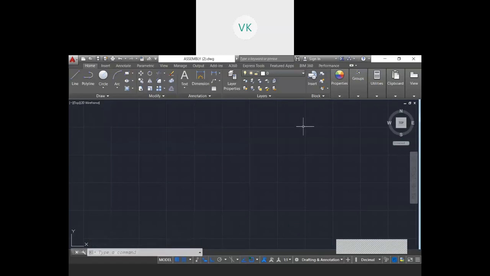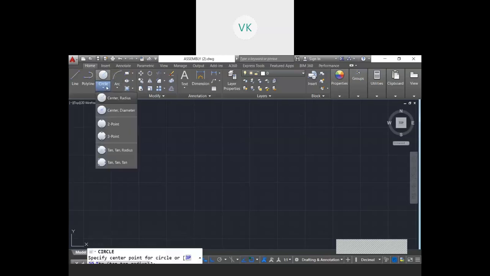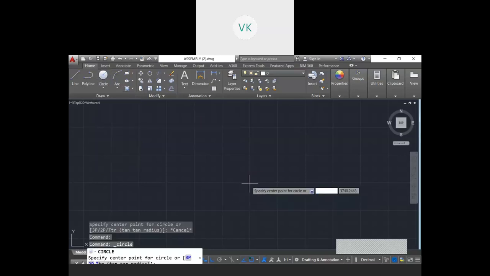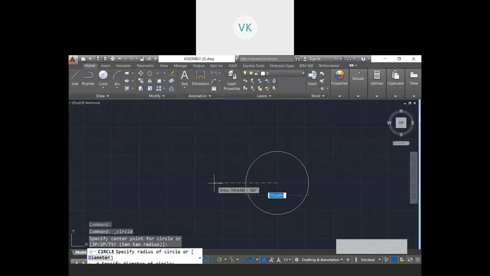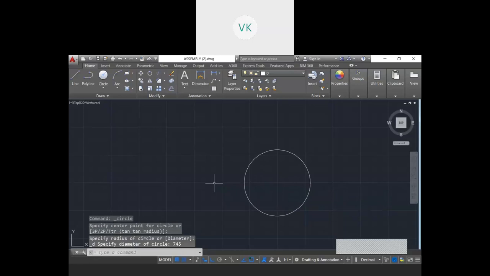First, the inner diameter of the yoke is given as 745 mm. So the diameter is given, hence I will select a diameter here. Let me take this as the center. That is 745 mm.